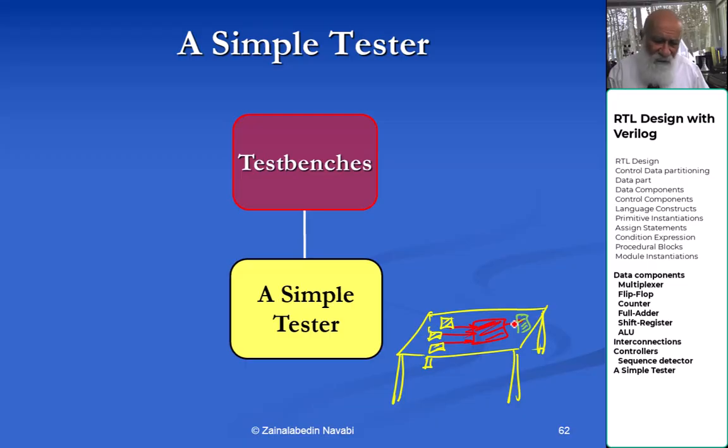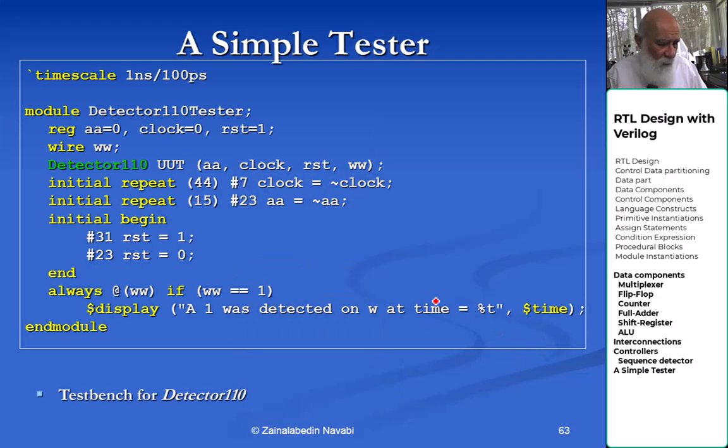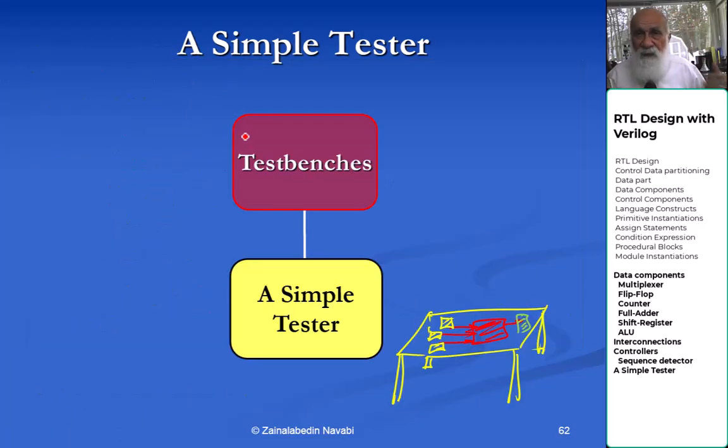Okay, for this whole bench, I will write a Verilog module. And my Verilog module is like this. Module detector tester, or detector test bench, name it whatever you want. I have to have time scale because I need to time my inputs. Okay, the rules for test bench. First, declare the heading. Second, for all the inputs of the circuits, these yellow boxes I'm showing, for all the inputs of your circuit,